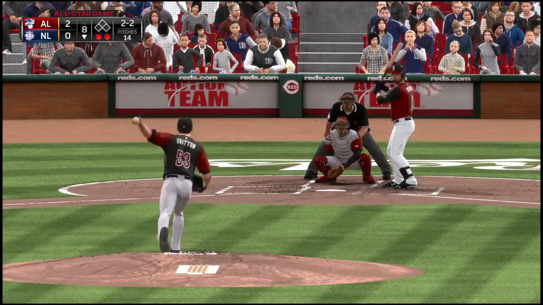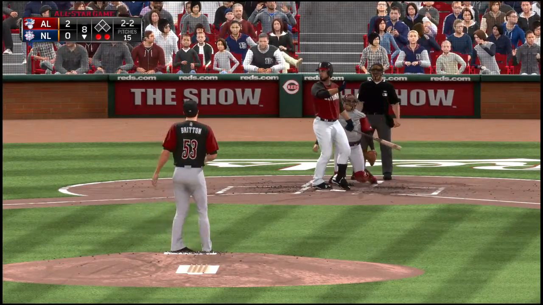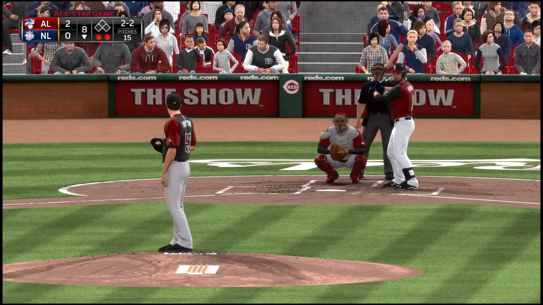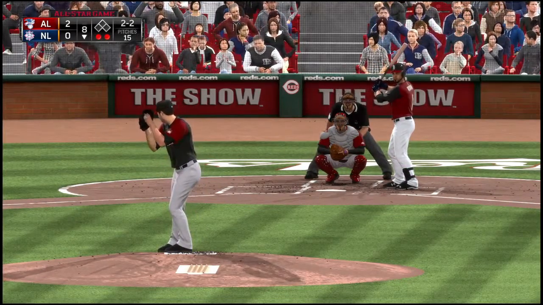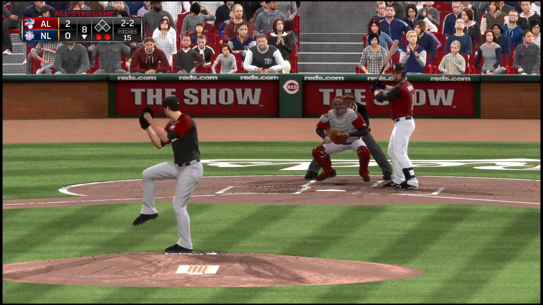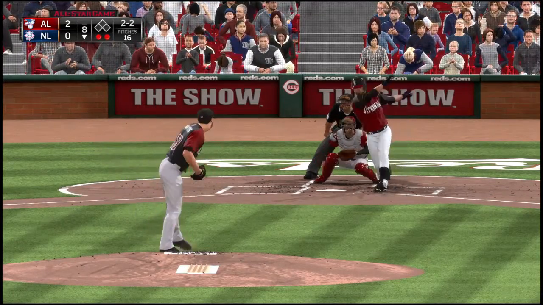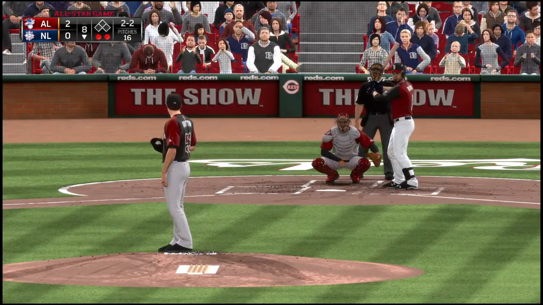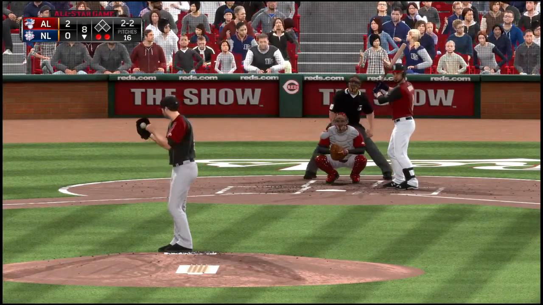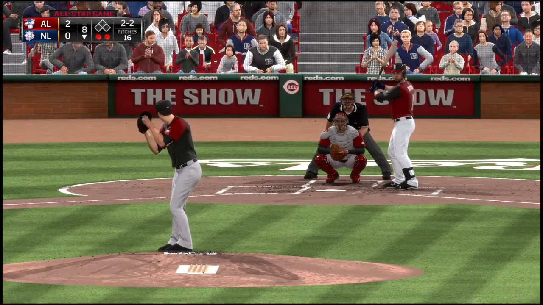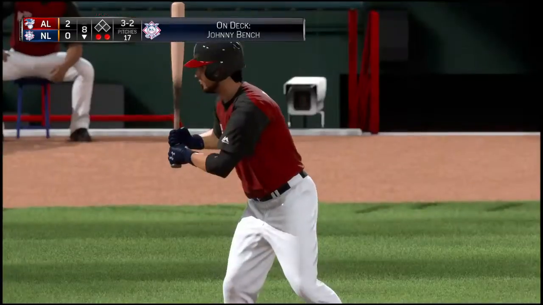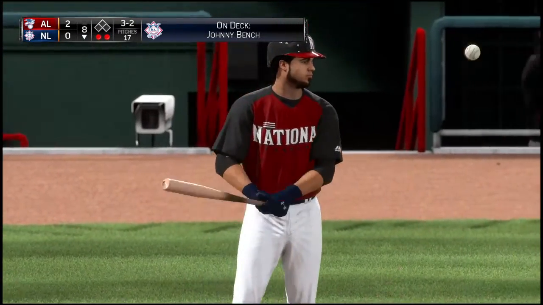Ready with another 2-2. Sliced hard but foul. Look out over there. Pitch on the way. Now here's another pitch fouled off and heading for the seats, and he's just fighting to stay alive here. Still 2-2. The 2-2. And that misses there, so he runs the count full now.